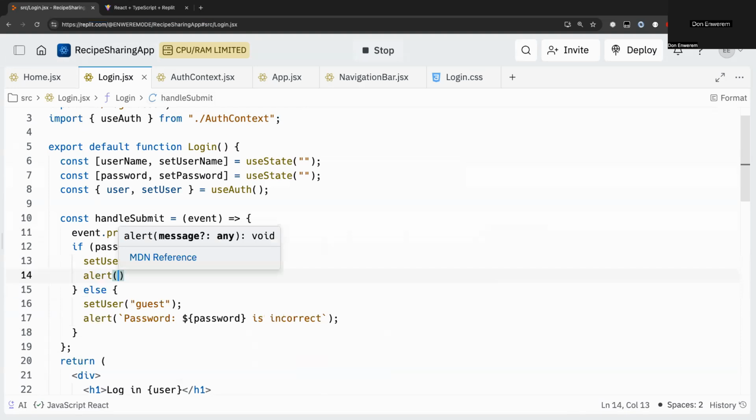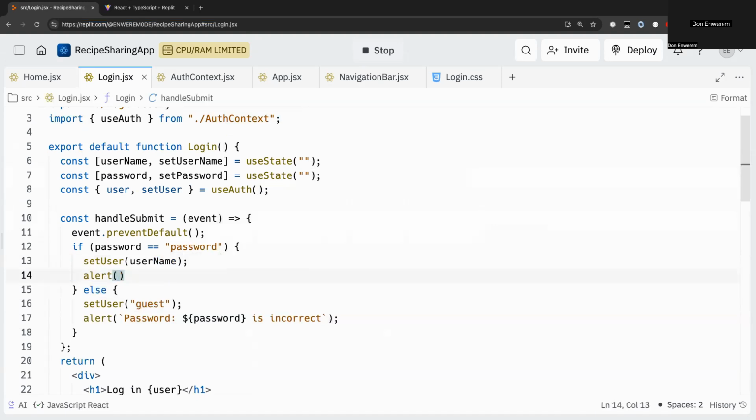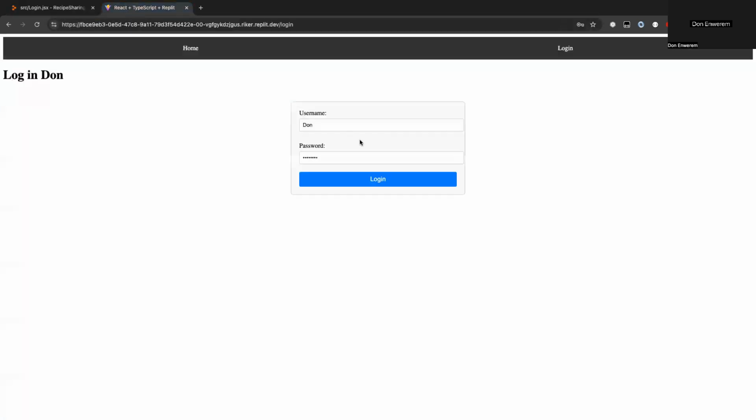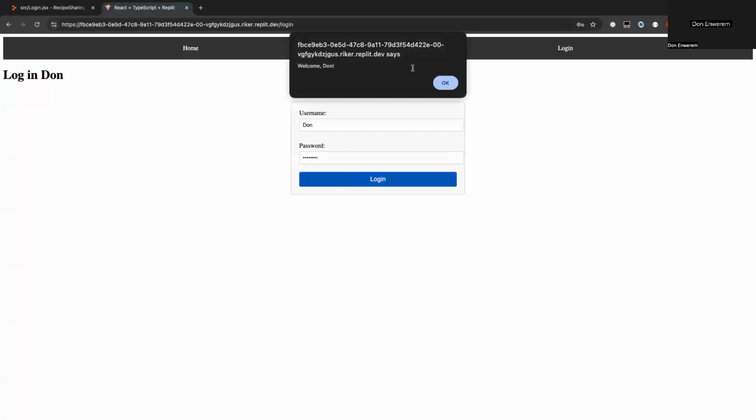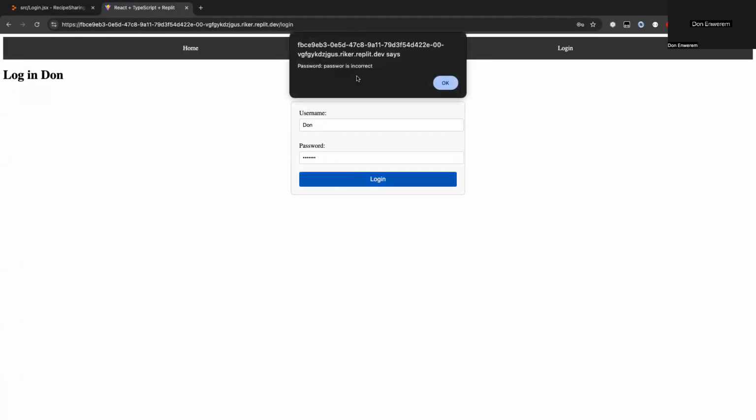Actually, let's add an alert to let the user know that login worked. Alert user. Let's do backticks as well. So let's say welcome and then dollar sign username. So let's welcome the user if their login is correct. So we can now go over here, done, password, welcome, done. Something else, password is incorrect,